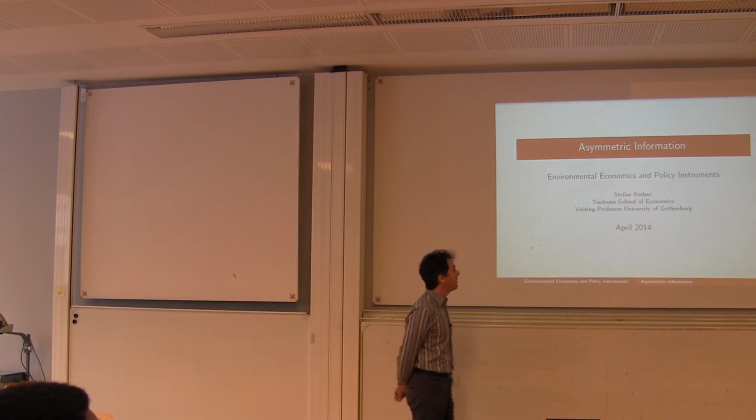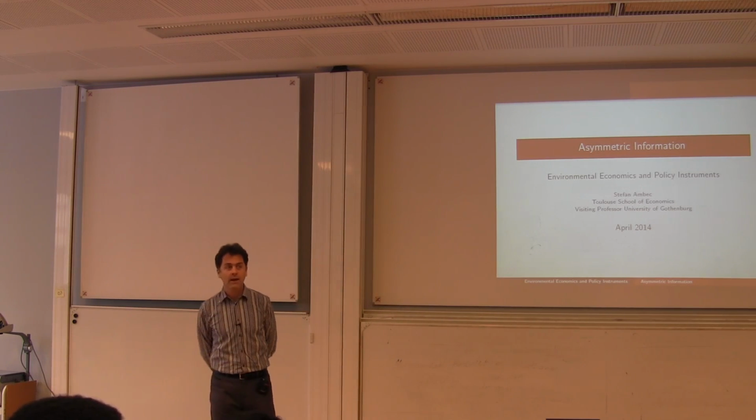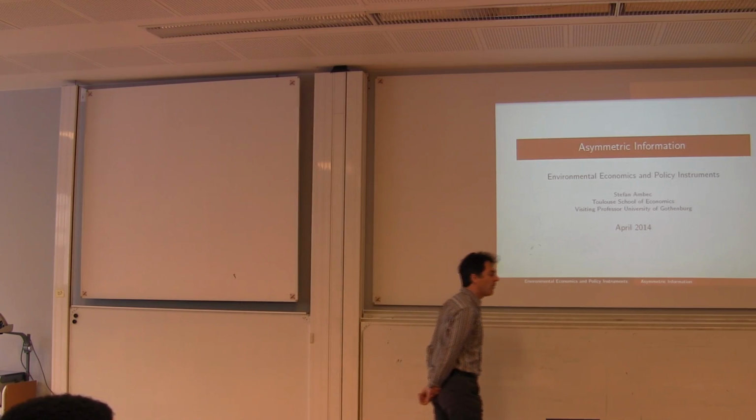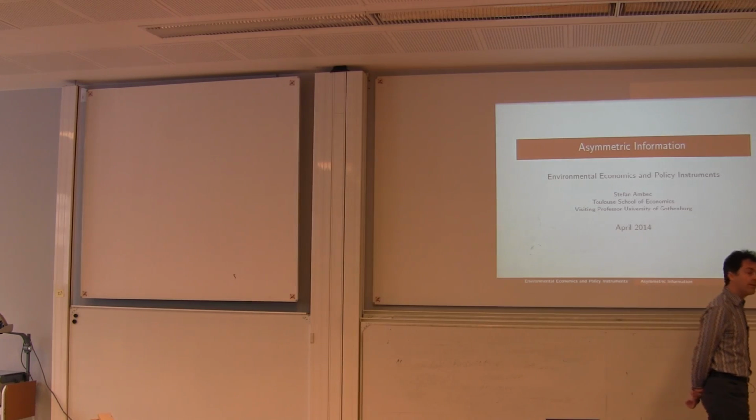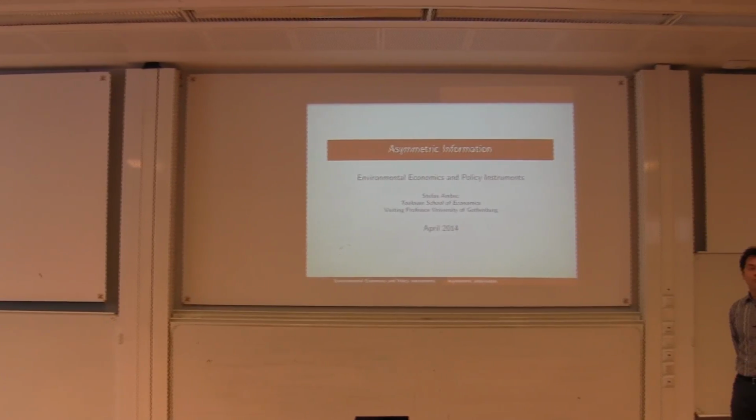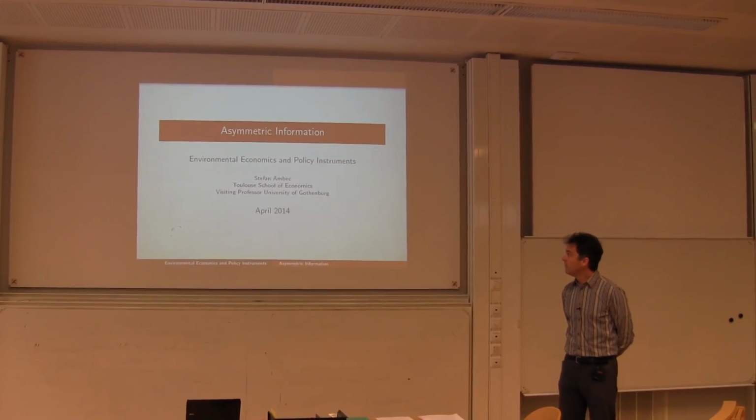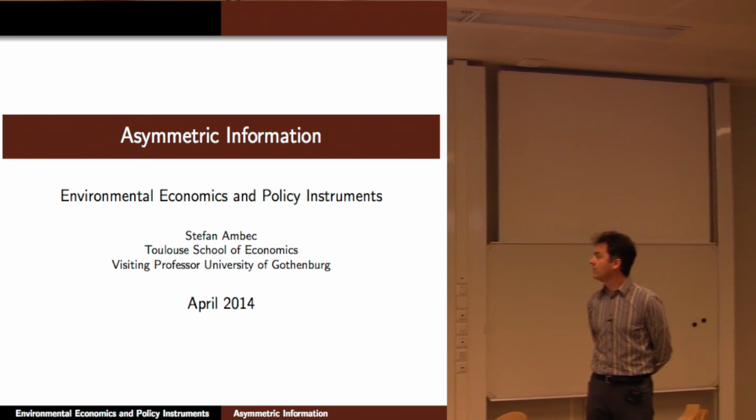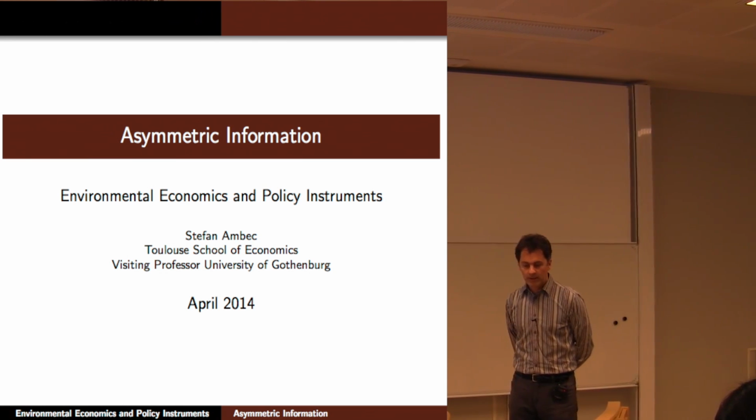So the first topic that we will cover is the choice of policy instruments under asymmetric information. That is when the abatement costs are unknown by the regulator, but are private information from the polluter's point of view. So the firm knows its own abatement cost. So how should you adapt your choice of policy to the fact that you don't know the abatement cost? Then we will talk next week about